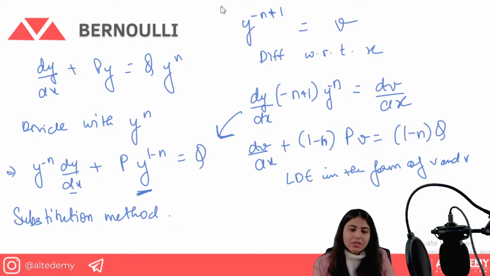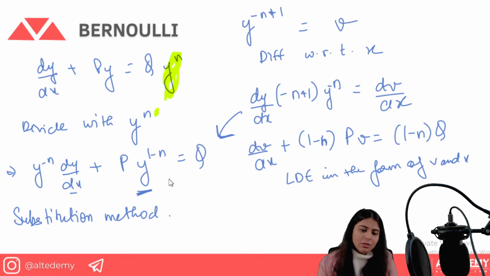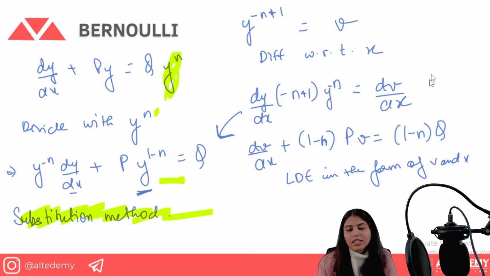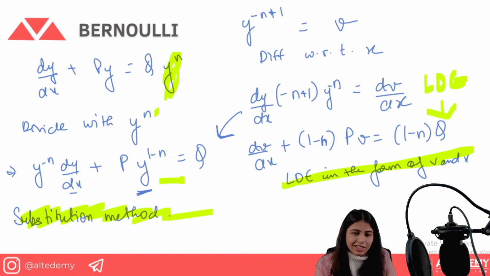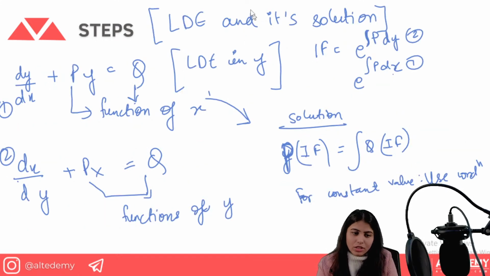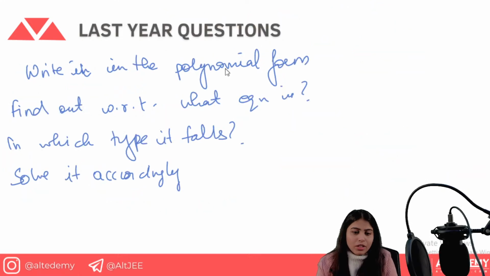Bernoulli's is a simple linear differential equation. Only y to the power n is introduced here. Only the change is y to the power n. So we will just remove this and it will become a linear differential equation. So how do you remove it? By dividing by y to the power n. When you divide by y to the power n, it becomes like this. Simple thing, if it is taking some form of this, you need to do the substitution method. Okay, you use the substitution method and then it becomes again a linear differential equation. A linear differential equation is again formed, and then you can solve it accordingly. Linear differential equation I already told you, and then you can just solve it accordingly.